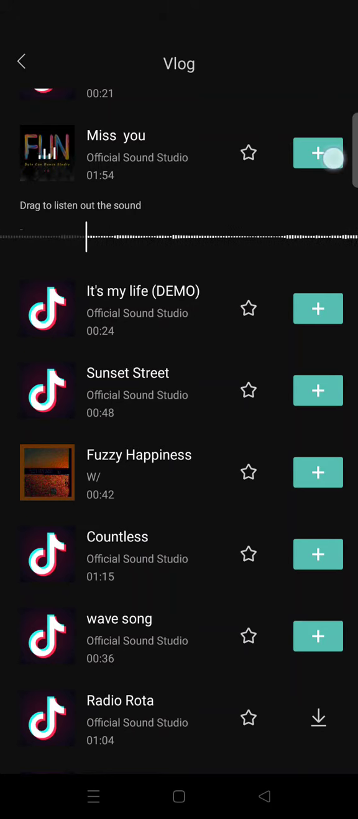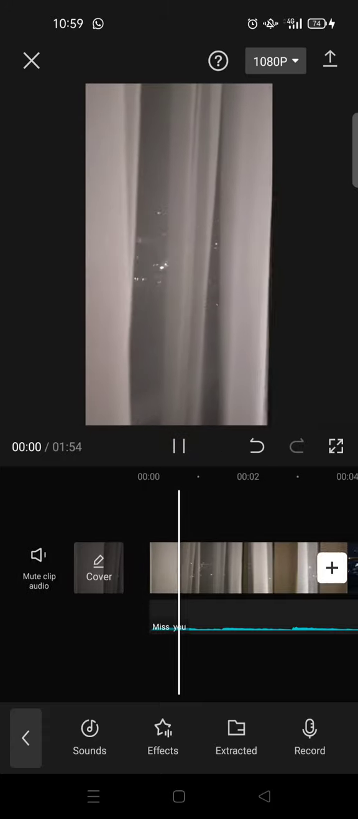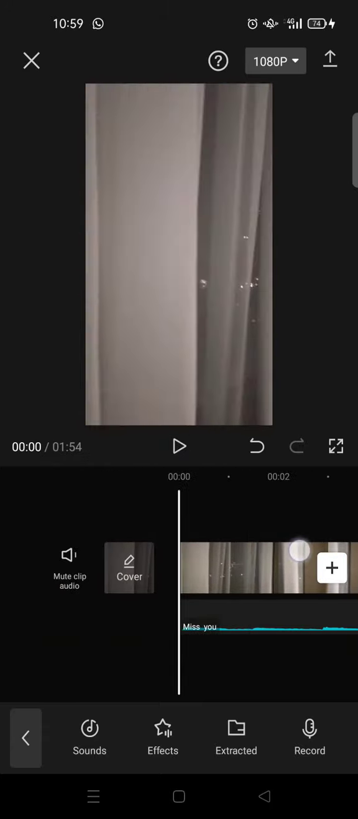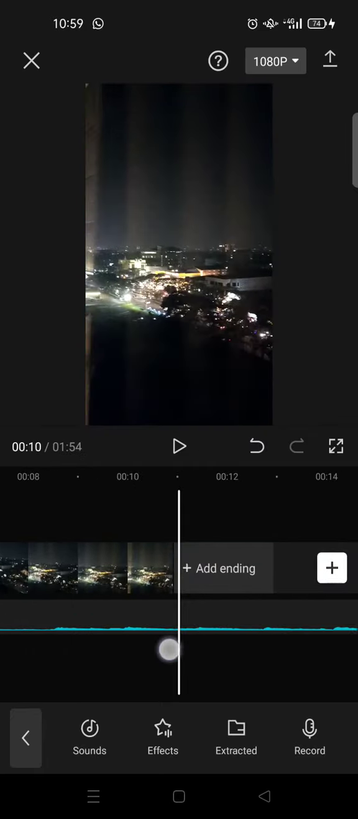I'm going to add this. Just click on the plus icon, and then when you play it, the music will be added into your video just like that. And if the music is too long, you can just trim it, or you can just cut the music so that it fits into your video duration. Just drag this along the way until it fits your video,